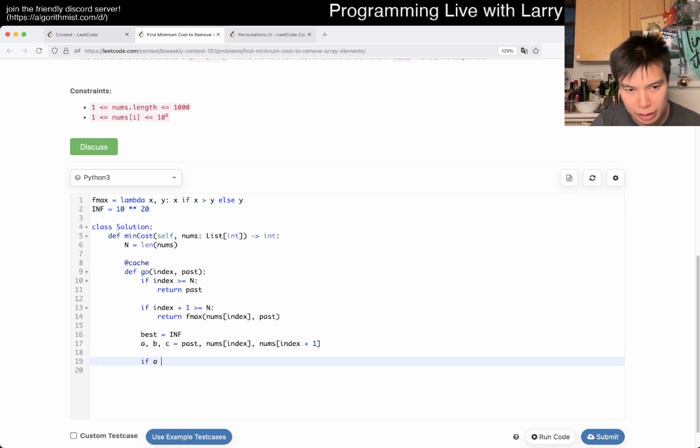If a is, so okay, we keep the pass. So we have index plus 2. The pass is going to be either a, right, plus max of BC, right? Yeah, or